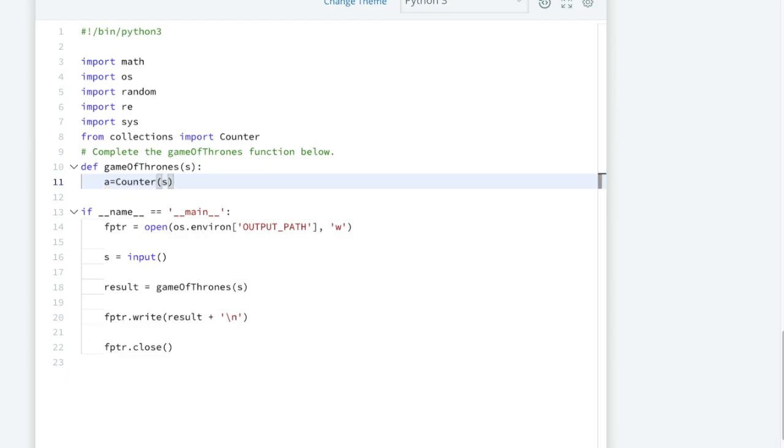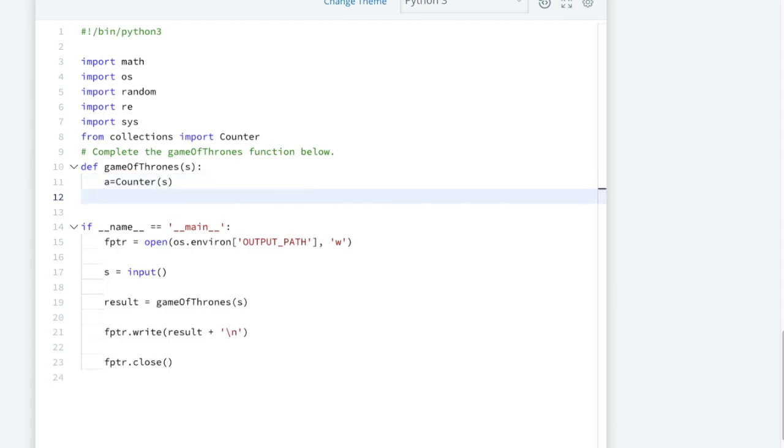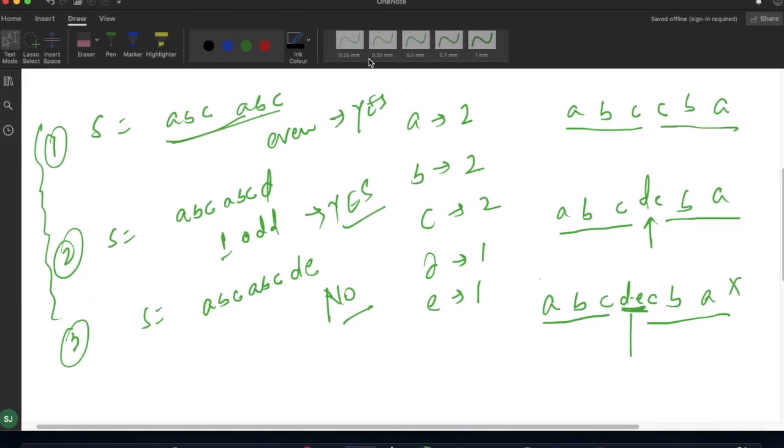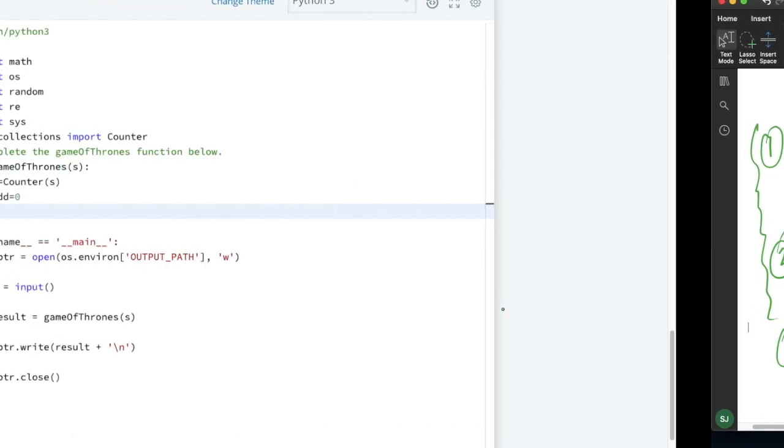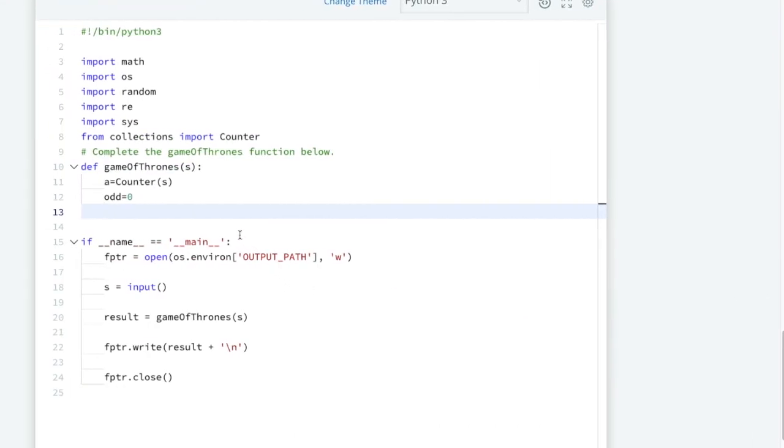Now we will take one variable for the odd count, so odd equal to 0. Now from the counter I will simply take all the values part. In the counter these are my keys and these are my values. So I will simply take the values: val equal to a dot values, and I'll take it in a list.